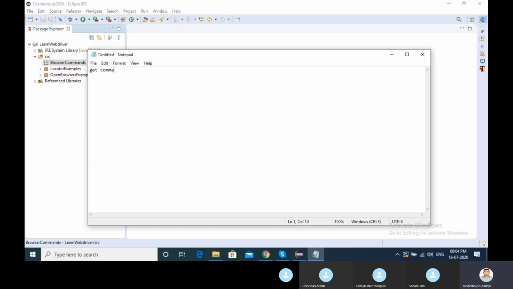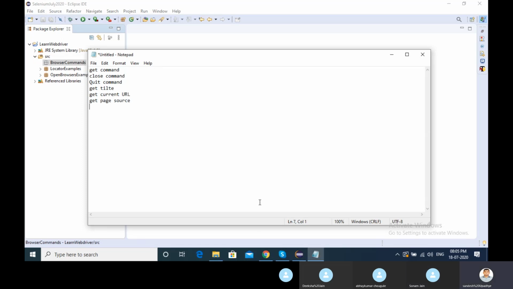There is the get command, the close command, the quit command, then the get title command, then the get current URL command, and something I missed, the get page source command.